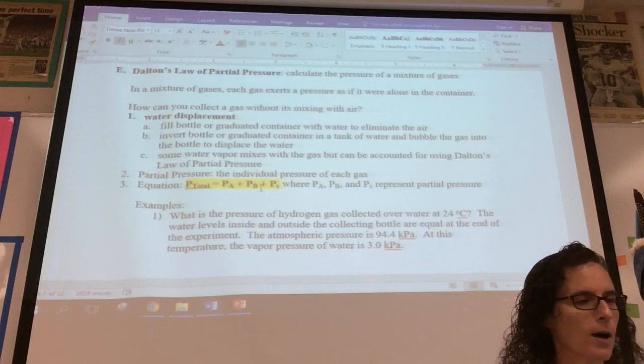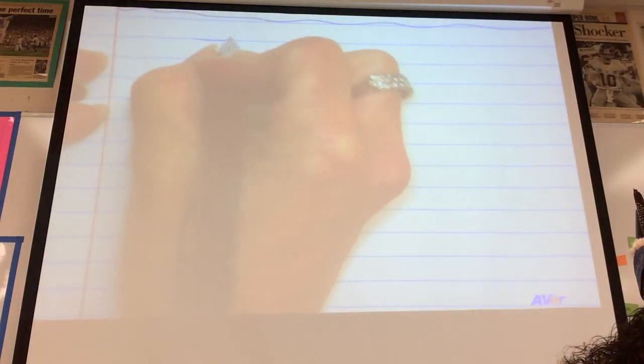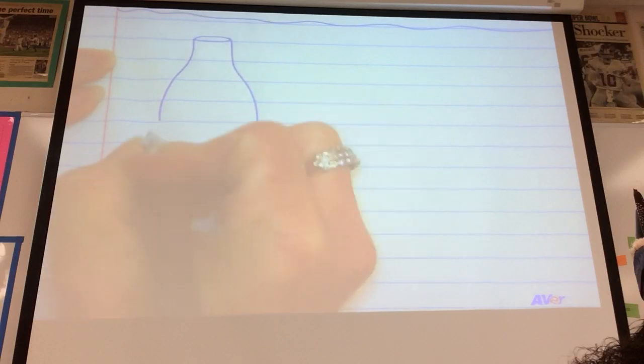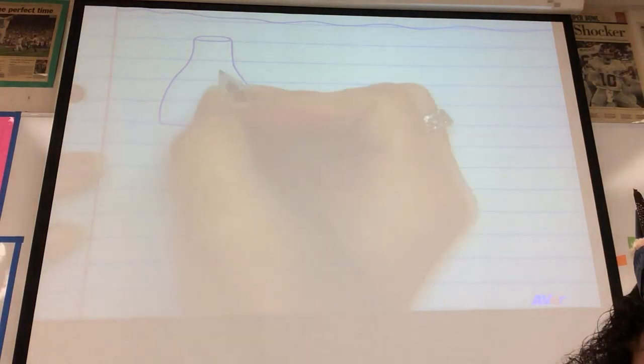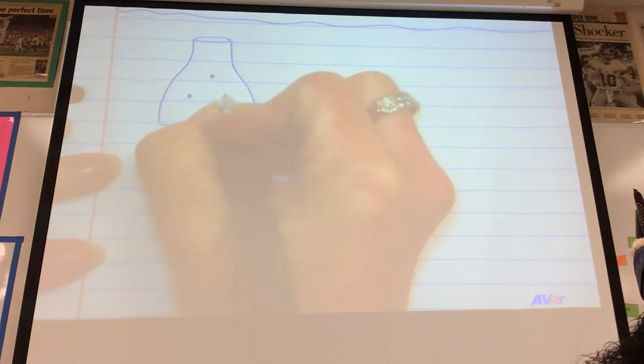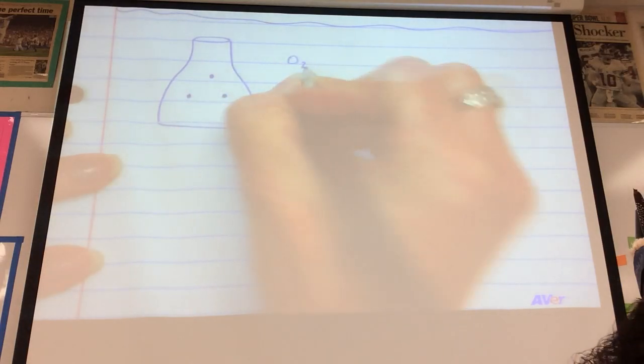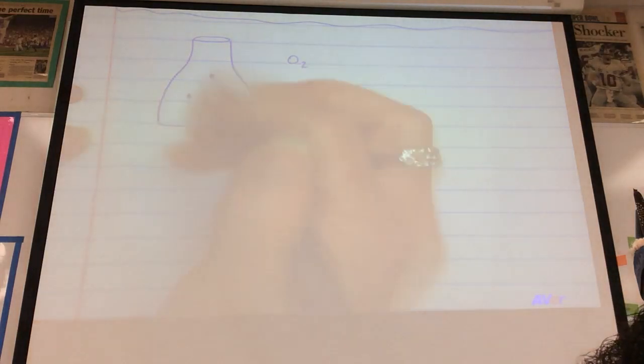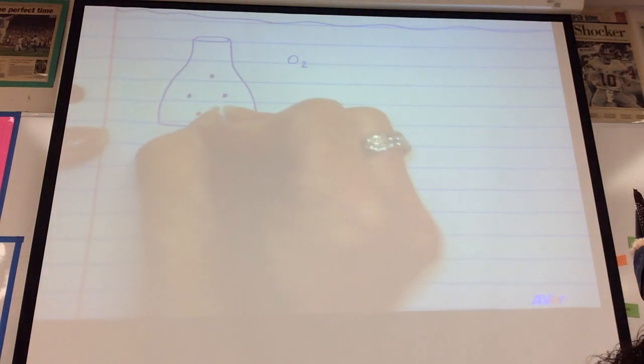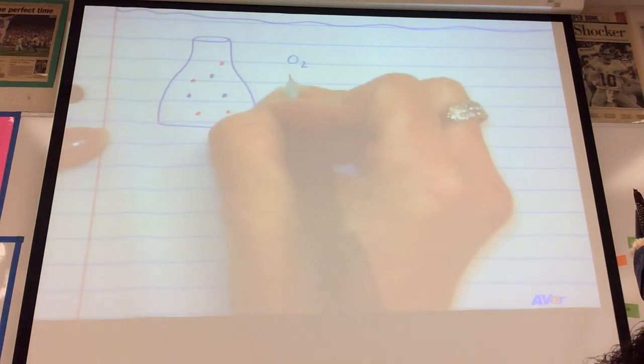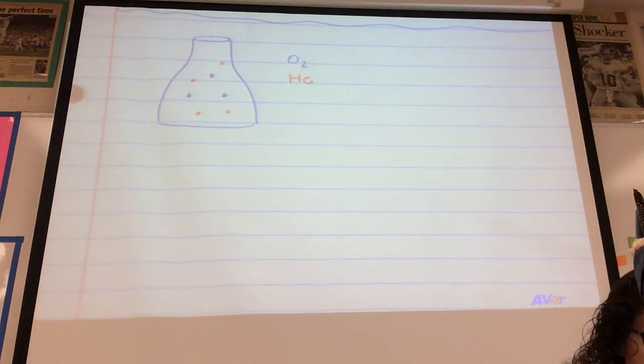First up is Dalton's law of partial pressure. And Dalton's law of partial pressure states that if you have a mixture of gases, let's say, for example, that we had some type of bottle in which we had oxygen gas and helium gas and